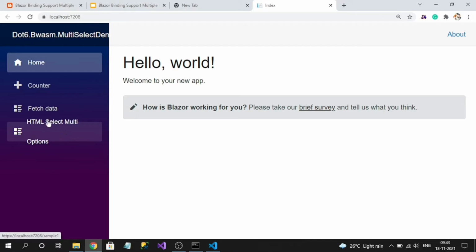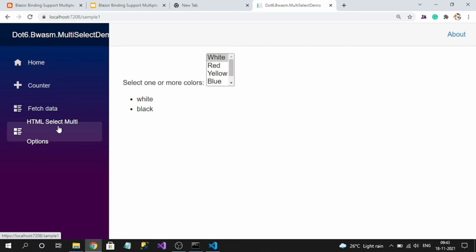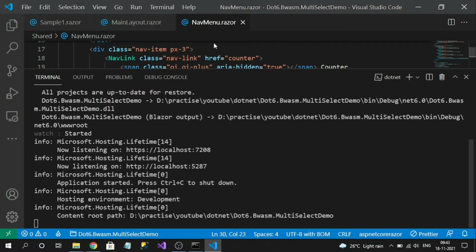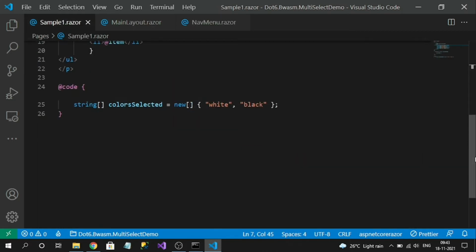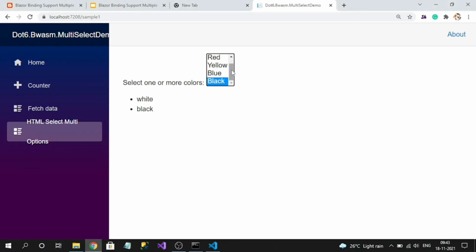If I click here, you see this is the multi-selector component. If you scroll down, I have assigned white and black by default to the property. So initially we have some values, and those automatically get selected. And you can see we are rendering the selected elements as well.